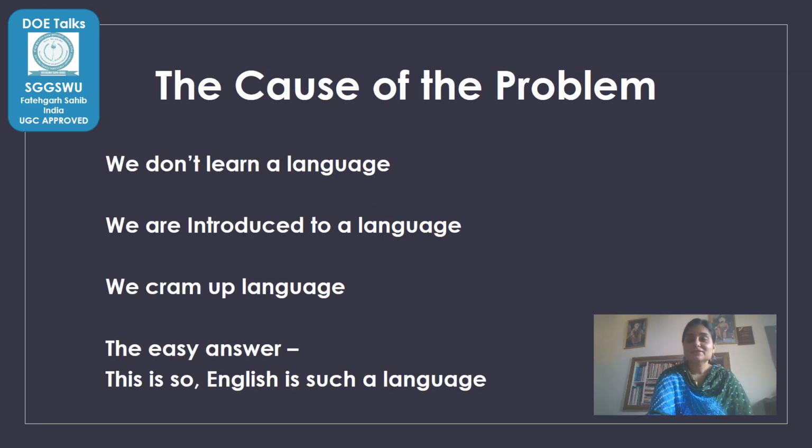Now why does it happen so? Let's discuss where the problem lies. The problem is not with the student. The problem is how our education system has introduced the students to ABC, then the formation of words, then making a sentence with subject, verb, object agreement, then parts of speech, the formation of sentences, the tenses, the voice, the narration, idioms and phrases, and maybe a few more things. But what about the arrangement of all these?